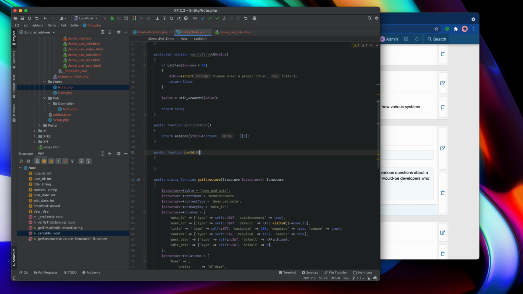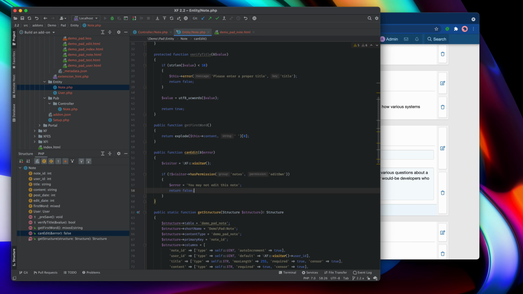So whose permissions are we going to be checking? Well, we're going to be checking the visitor. So let's assign him to a variable, and then let's do the actual checking. So if the visitor has permission, and we're checking the notes edit own permission this time. If the visitor does not have that permission, then the error string will be you may not edit this note. That'll do, and we'll return false.